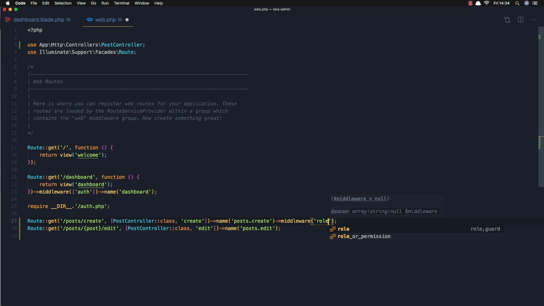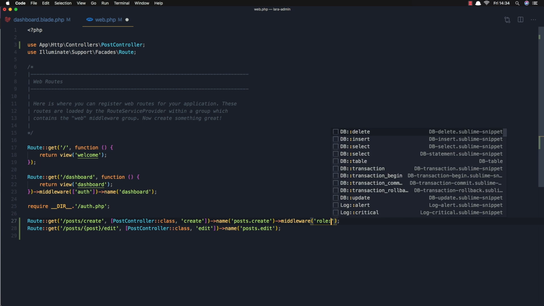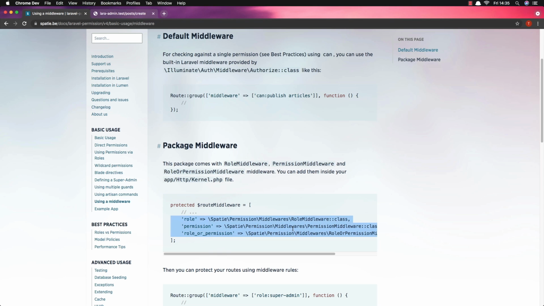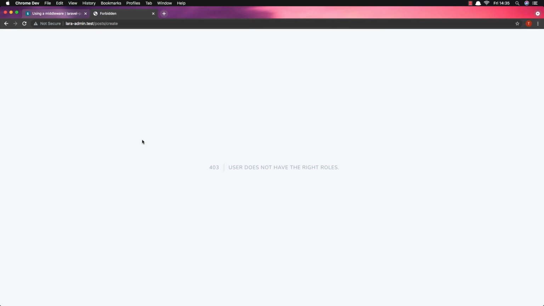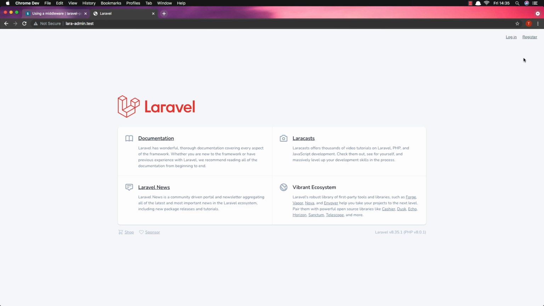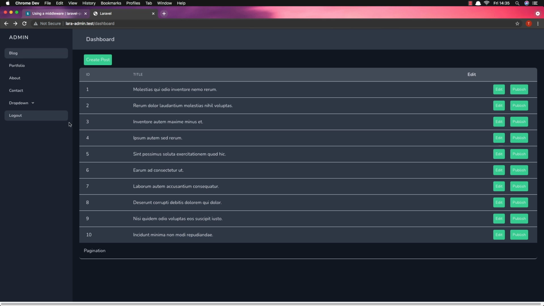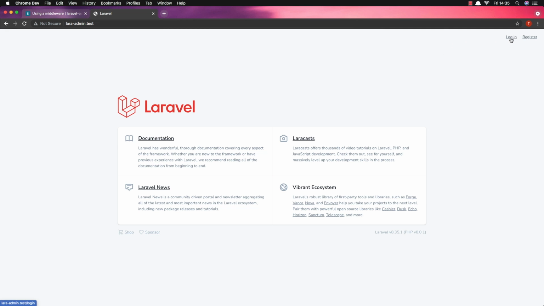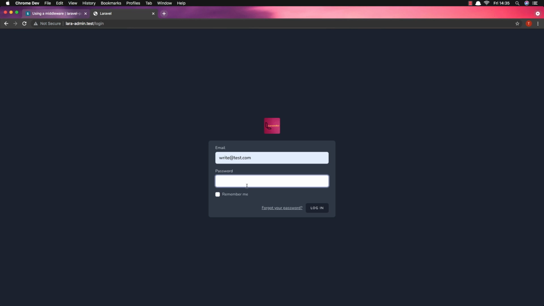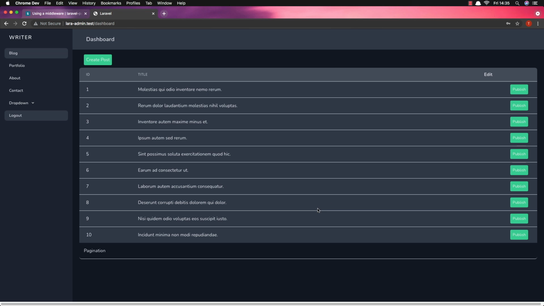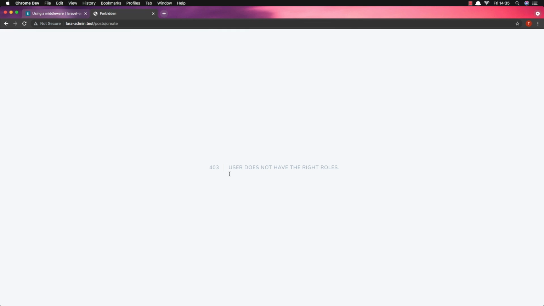and for example, it's going to be role admin, save, refresh now. Yeah, user does not have the right roles because the user is test. Okay, log out, log in again, and log in as admin now. Create post. Yeah, he can create a post. Okay, log out and log in as a writer. And if I create a post now, yeah, user does not have the right roles, but